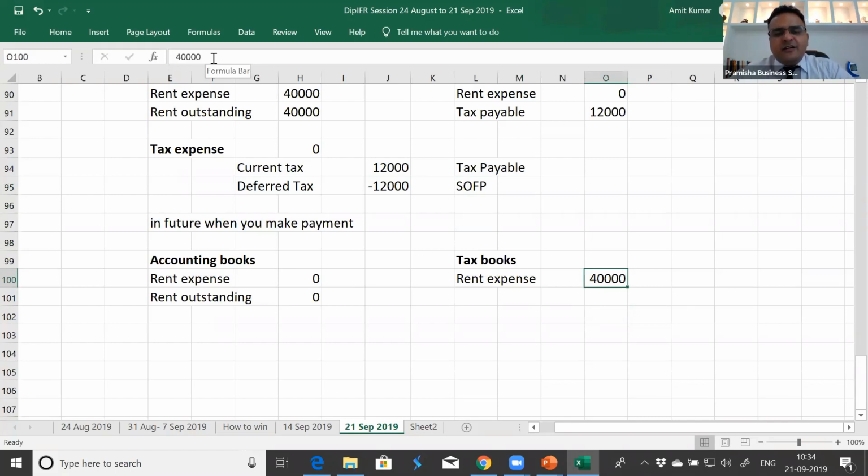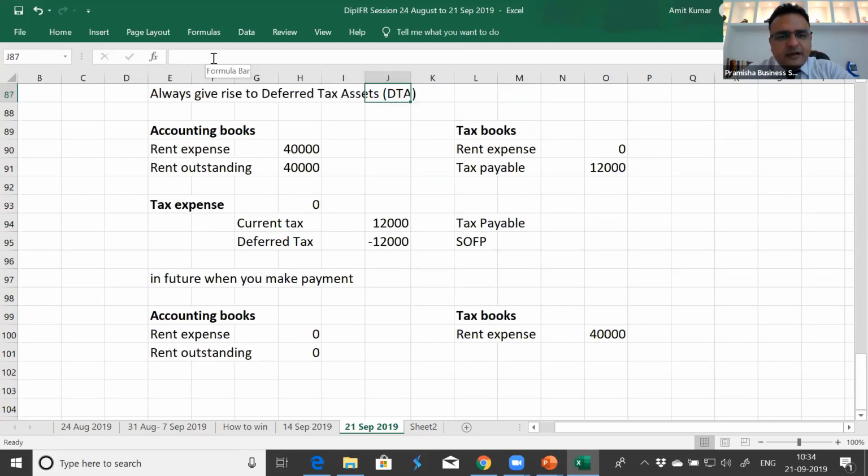Because this increases your income, in the sense that they reduced your income for the year, for the next year by 40,000 and will be computing tax only on the remaining amount. So they are not demanding tax on 40,000 of income. If they are not demanding tax on 40,000 of income, it means the tax which you have already paid automatically settles it.